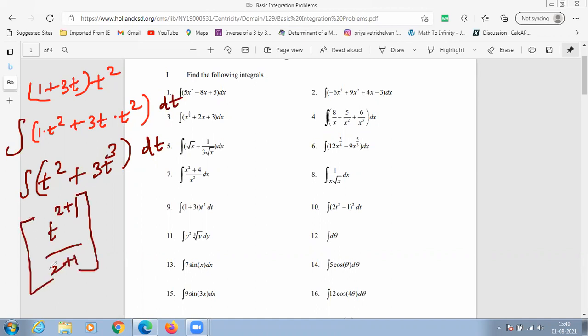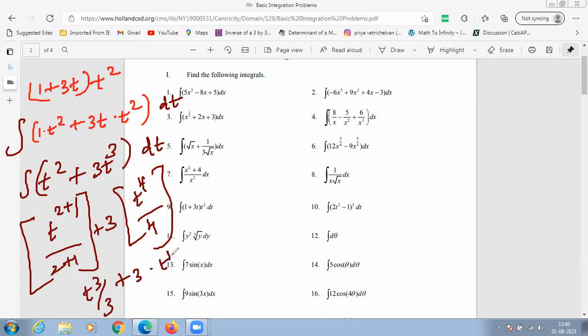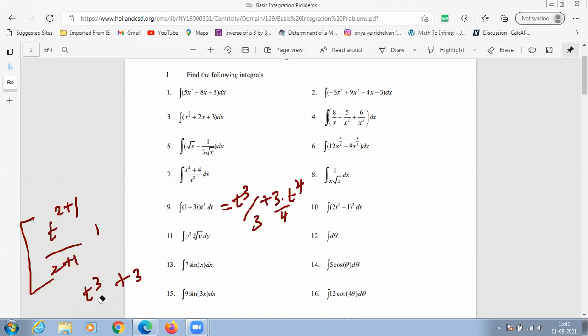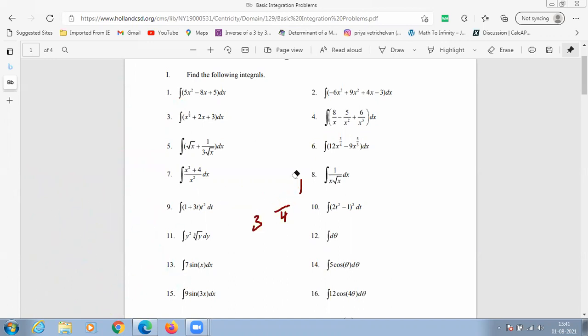So when you integrate this, t square becomes t power 2 plus 1 upon 2 plus 1, plus 3 times t cube, which becomes t power 4 upon 4, I mean 3 plus 1 upon 3 plus 1. So it's t cube by 3 plus 3 times t power 4 by 4. So it's t cube by 3 plus 3 by 4 times t power 4. That is the result. And you can put plus c also after that. It is not compulsory to write that plus c. It looks good in the case of an indefinite integral, but here we don't have upper limit and lower limit, so you can put plus c after that.